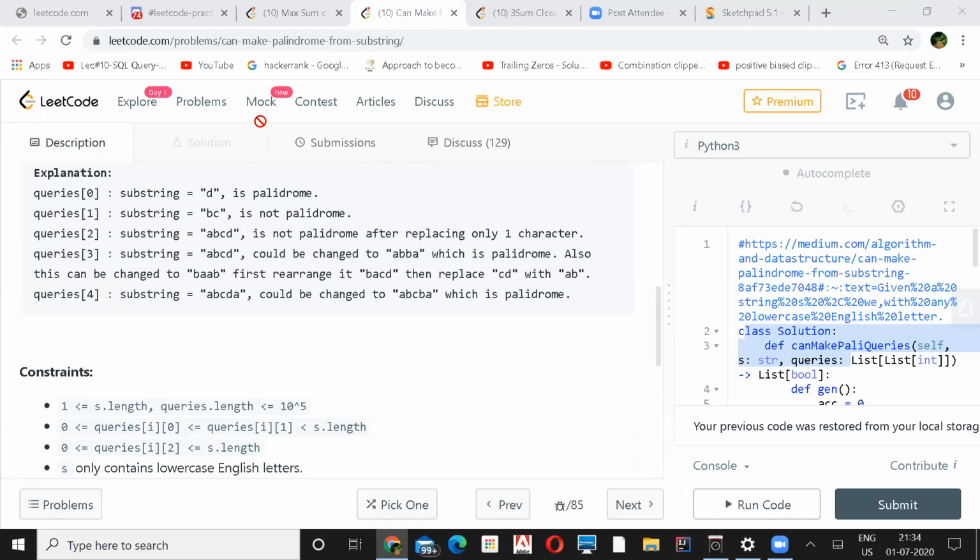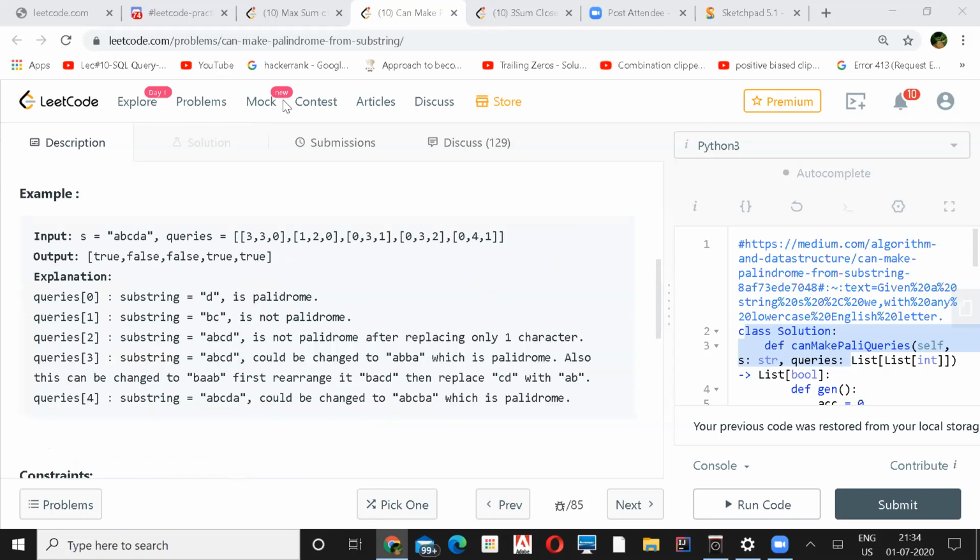I have a small observation. Go ahead. If the value of k is greater than half the length of the substring, then I think we'll be able to make any substring a palindrome, right? Yeah, I think so. But it depends on whether you have odd or even. That is one minor thing, but you can check it anyway. Even if it is odd it is okay. Flip the half.